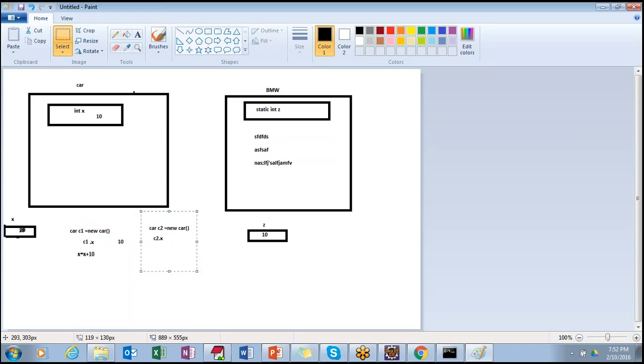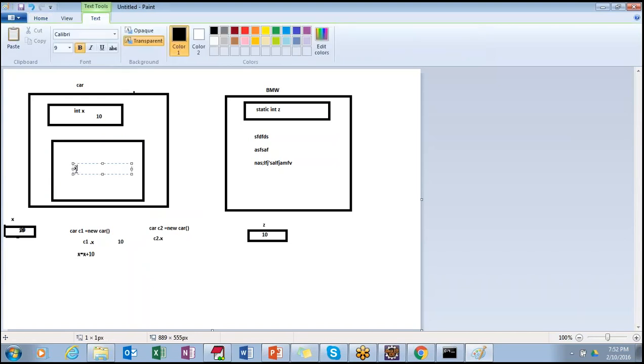So first thing, whenever I run a car, how will I call the variable of a car? With the object of a car, right? C1.x. When I call C1.x, suppose in the car there is one more method which increases the value of x, with x equal to x plus 10.